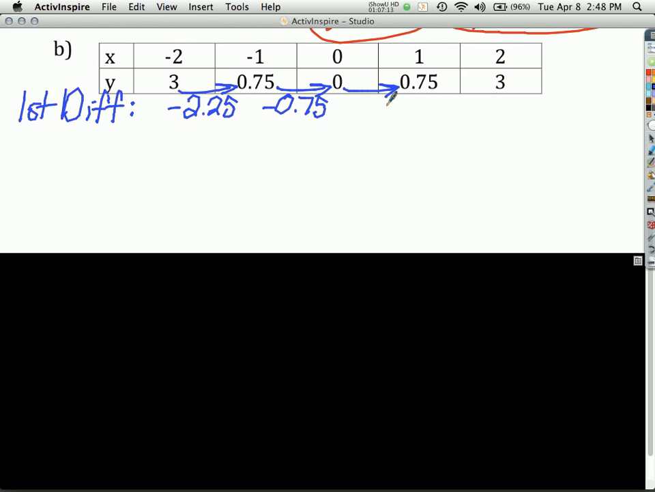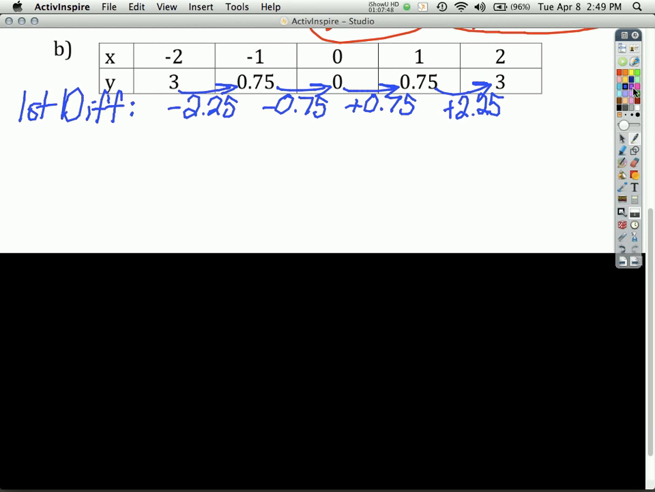And what do we do from there to there? Keep going, Nathaniel. You're on a roll. Add 0.75. Notice anything there? John, what do you notice? Very good. What about going from here to here? What do we have to do, Dalton? Add 2.25. So look at the pattern that emerged. Subtract 2.25, add 2.25, subtract, add. So you will notice that when we do the second differences,